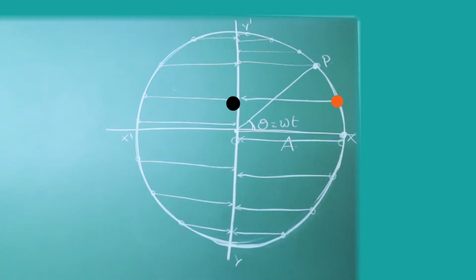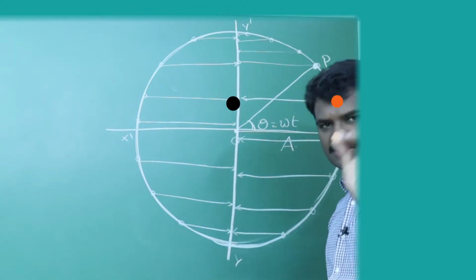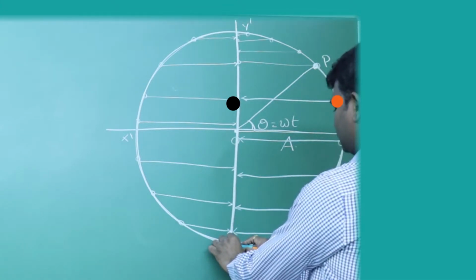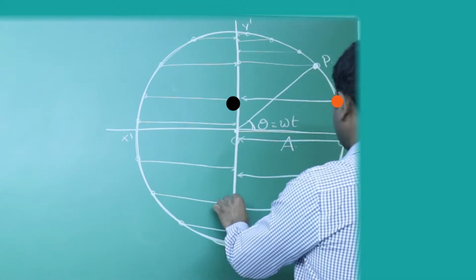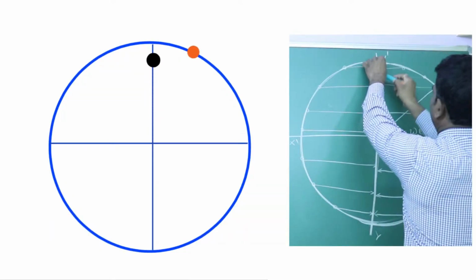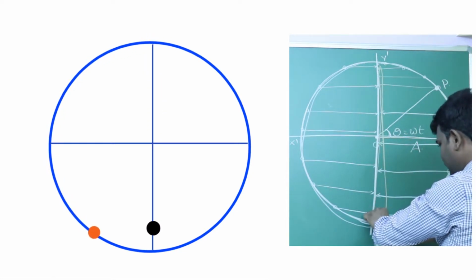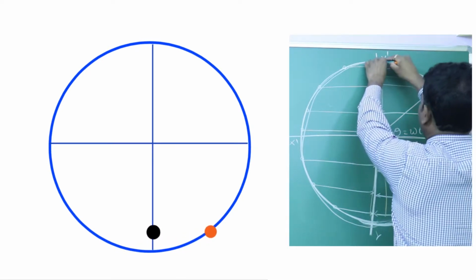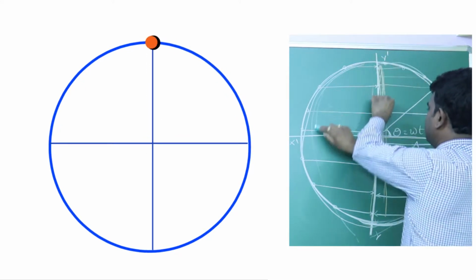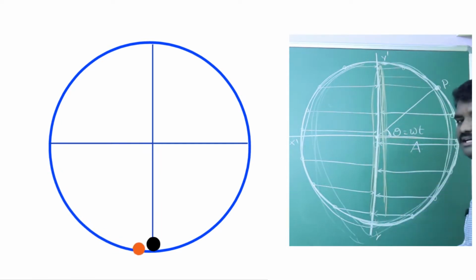Now let us observe the motion of the projection very clearly. I am going to represent the projection with my left hand and the circular motion with my right hand. When the object is here, the projection is here. When the object moves upwards, the projection moves like this. Now, when it is coming in this direction, see the projection is moving in the downward direction. When it is like this, the projection is moving up, then down, then up, then down. The object is moving in the circular path, and its projection is moving up and down.